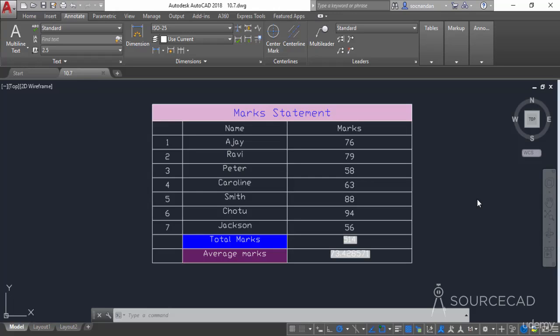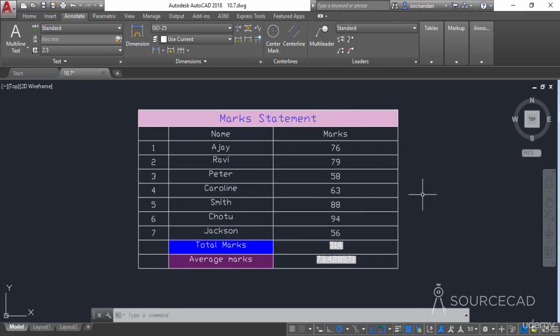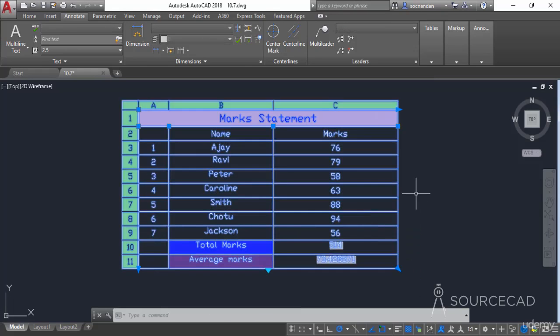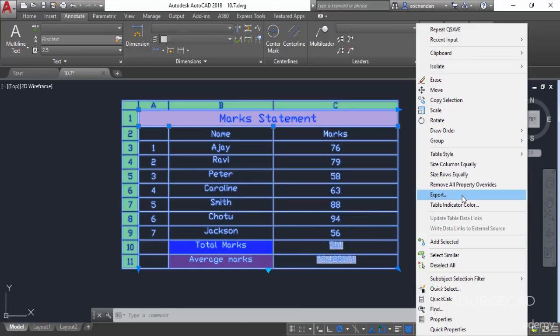In this video, I will tell you about importing and exporting a table from AutoCAD to MS Excel. So here we have this table which we made in the previous lesson, and we will simply export it as an Excel file. For exporting it, I'll select the table and then right click and select this export